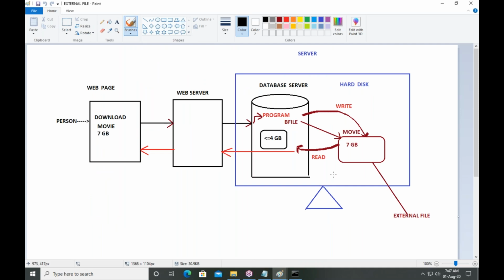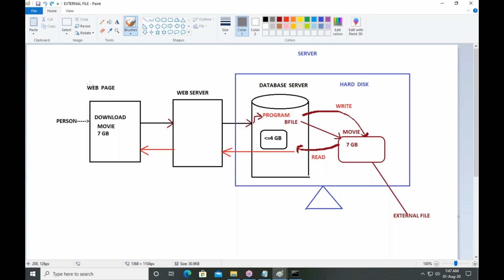See, Oracle internally supports maximum 4 GB value. If you have any value, character value or binary value, whatever it is, if you have any value that is more than 4 GB, then you should store it as an external file. This is the external file.